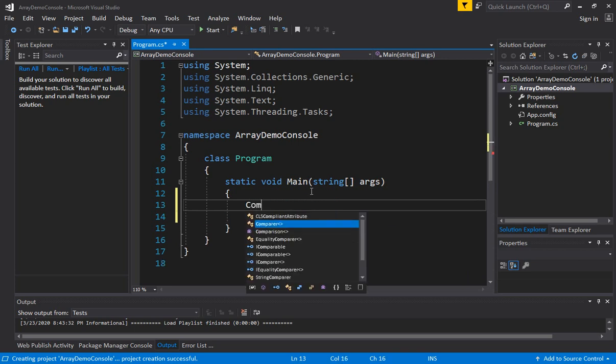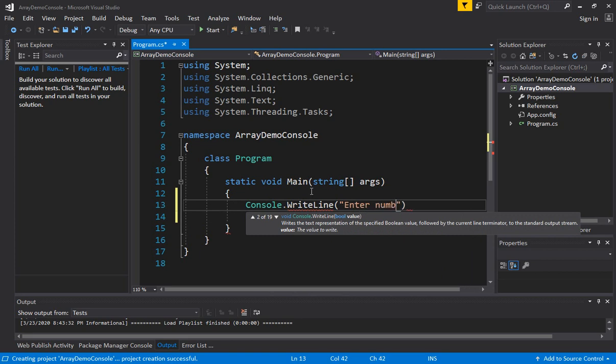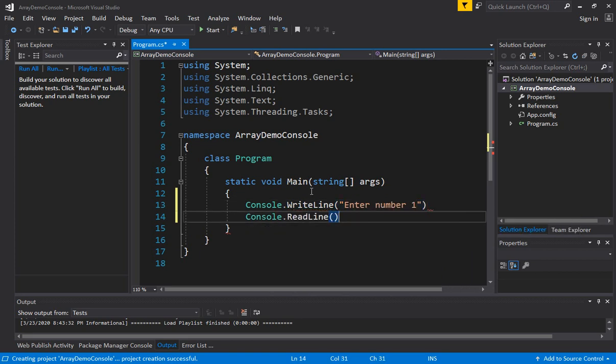We'll actually just say console.write, enter number 1, and then I'll say int number 1 is equal to convert dot